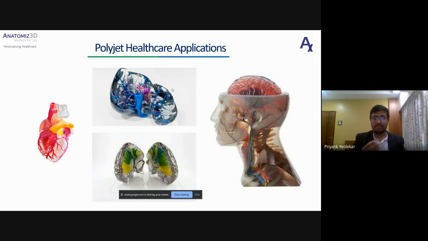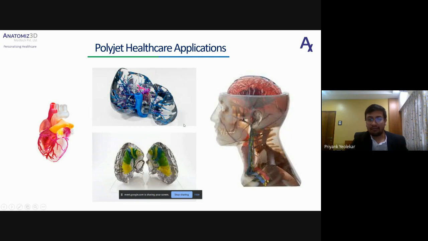So your design process is also different for that. The design takes a little longer time for that. Here you don't have to do that, because you have different materials that can be jetted at a single time. You can print your parts however you want. Let's say the lever model which I'm showing right now: you can print your lever part with a hard and transparent material, and the inner part can be printed in a rigid material. That is possible with PolyJet. No other technology can do that.